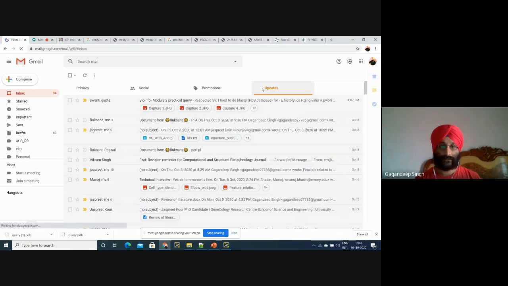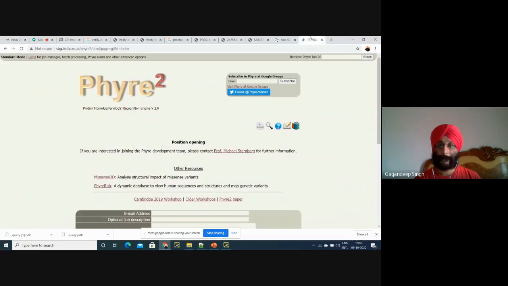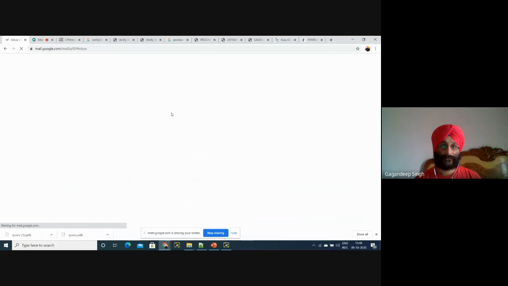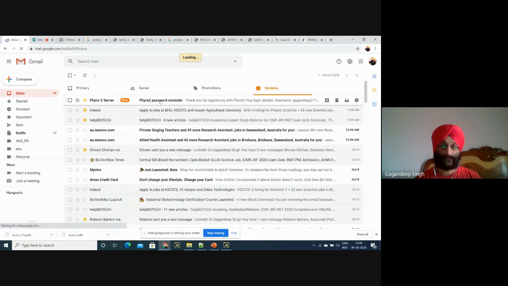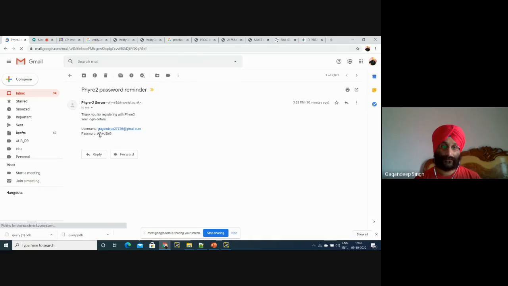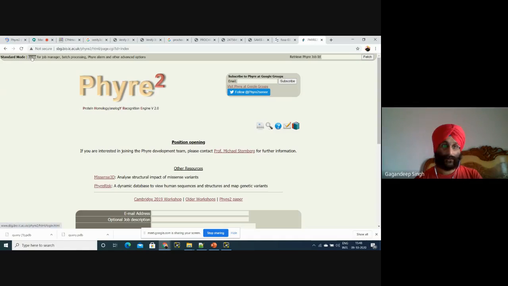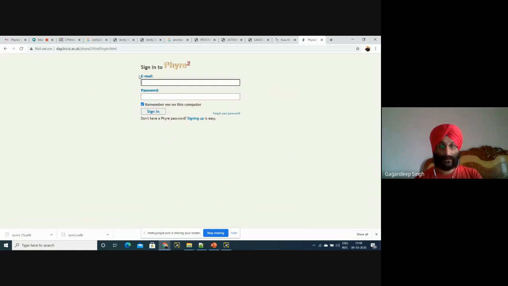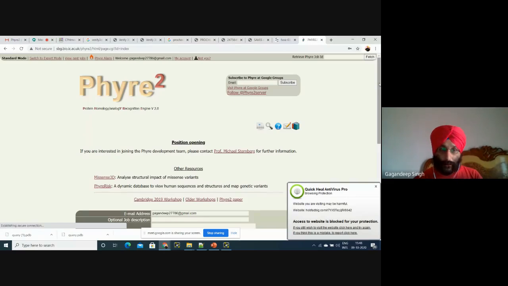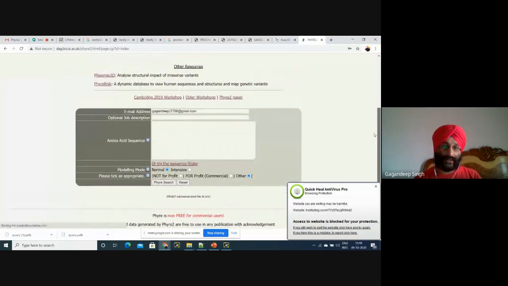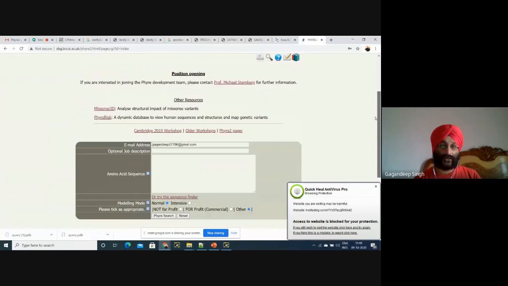Many software. Yeah, I found. Now you can choose how many sequences you want to generate your models.